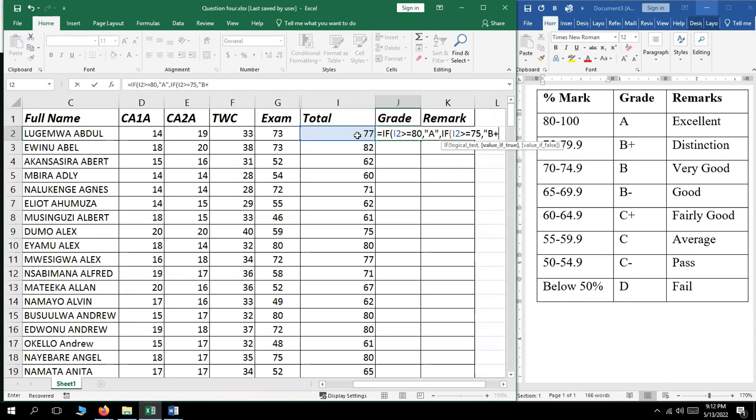before putting the comma, we have to first close the quotes, then we say comma, then if once again, open quotes, I2 is great equals 70 this time around, comma, open quotes for the output, we type a B, close the quotes, put a comma, we repeat if once again,